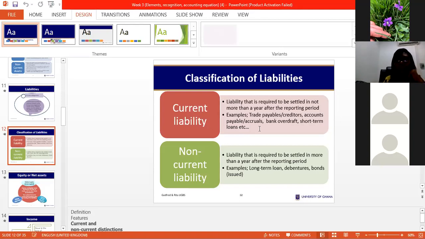So you can have accounts payable or accruals where you are accruing your amount outstanding. And so we can accrue water bill. You realize that most often as individuals at home, we pay the water bill at the end of a period, not at the beginning. And so that figure unpaid, we can accrue it. We can gather it and pay later.